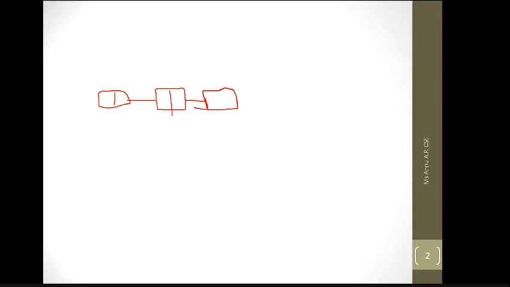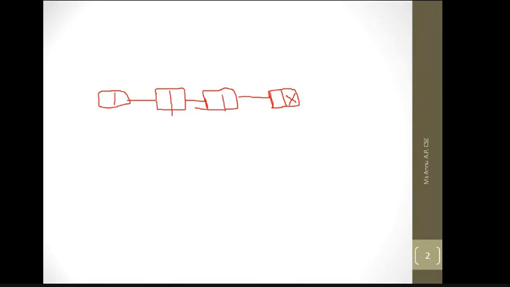You are having a singly linked list. Okay, some nodes are already there like this. Some number of nodes are there and you are not aware of the structure of this list, meaning how many nodes are there and where you want to insert.